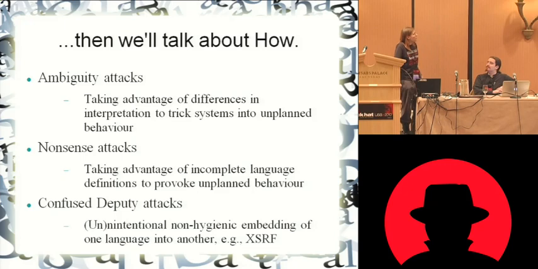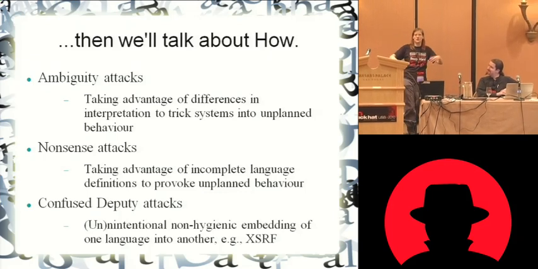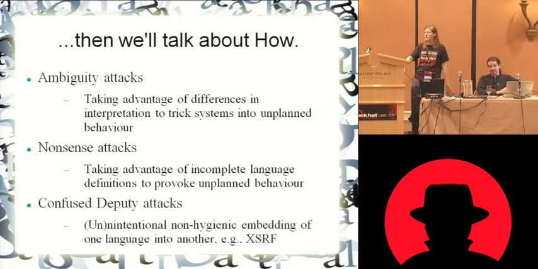All right, so 3 general classes of attacks: ambiguity, nonsense, and confused deputy. Ambiguity we see a lot in the English language as well. There are some really hilarious lists of headlines that parse differently. British push bottles up German rear. Yeah, it's the headline, from World War II. The British surged into wherever it was they were fighting the Germans, and they overtook them from behind and bottlenecked them in one place. So: British push, bottles up, German rear.